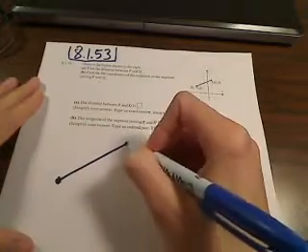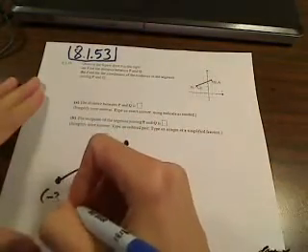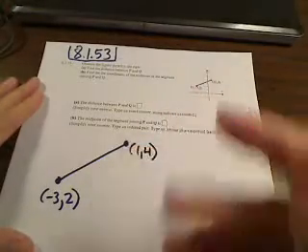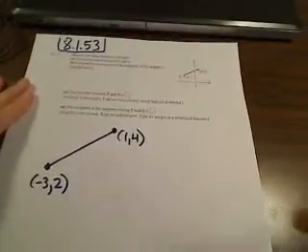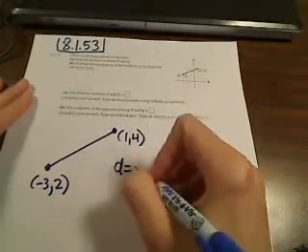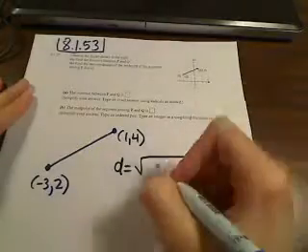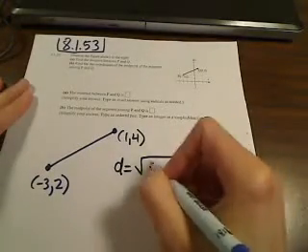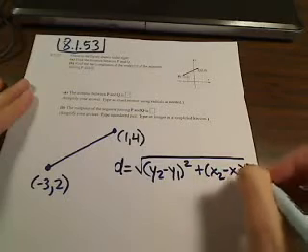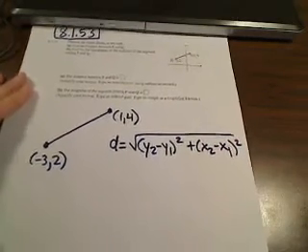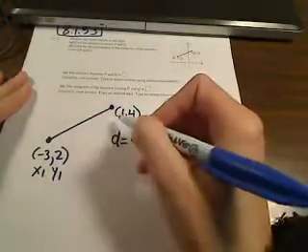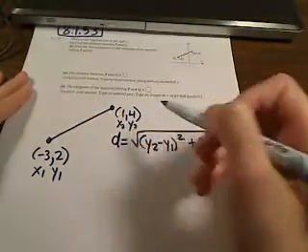Okay, so I'm going to make this a little bit bigger here. I'm not really even going to draw an axis, but we're going from the point negative 3, 2 to the point 1, 4, and we want to find distance and midpoint. The first thing is the distance formula, which is the square root of y2 minus y1 squared plus x2 minus x1 squared. If we just label this x1, y1 and x2, y2,